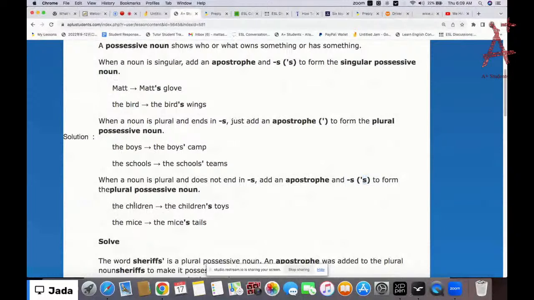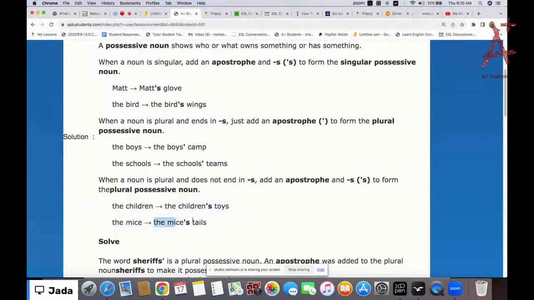Okay. Now the children is plural. So these are examples of plural nouns that do not follow the normal rule, because for example you have child one, then children two. Some of these do not follow the rules, so it just comes with the children. So you add an apostrophe and an s to show that it is a plural possessive noun. Okay, so the children's toys, and then